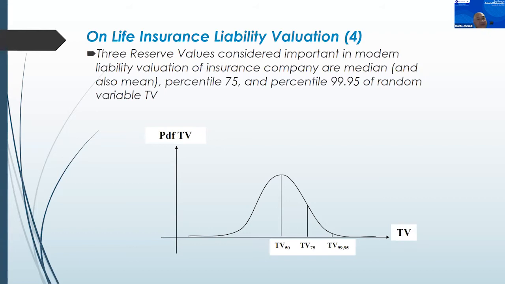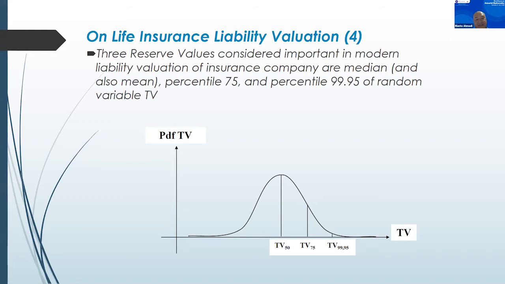If you prepare an asset amounting to or maybe equal to the 75th percentile of the previous random variable, then the probability of this asset being enough in the future to pay all those net outflows is going to be